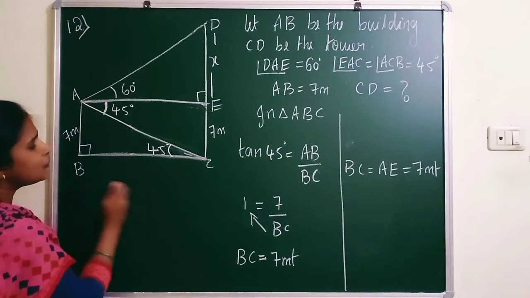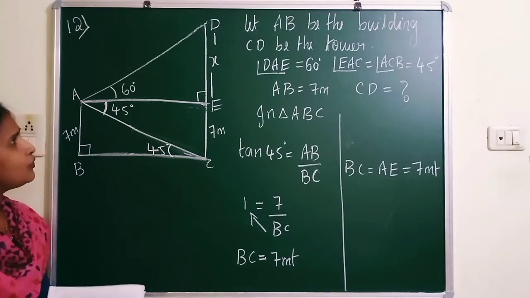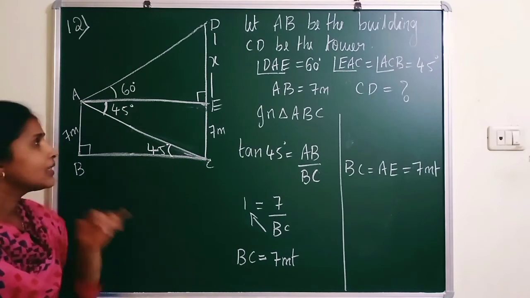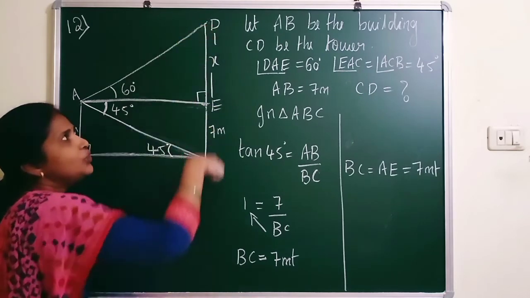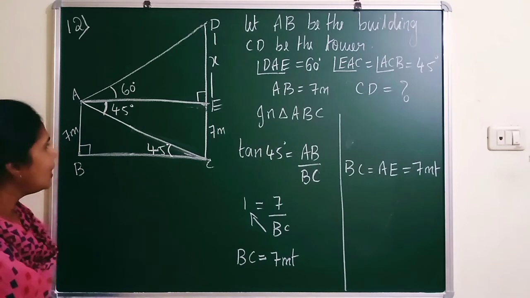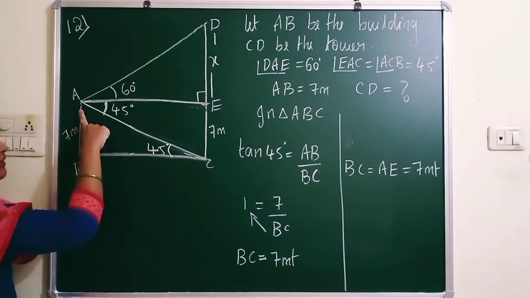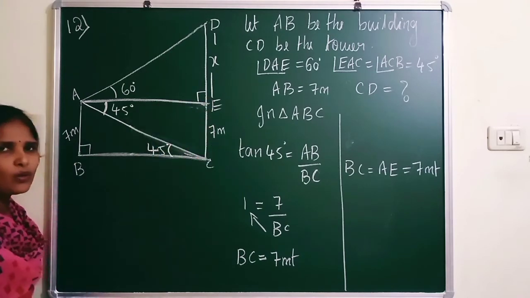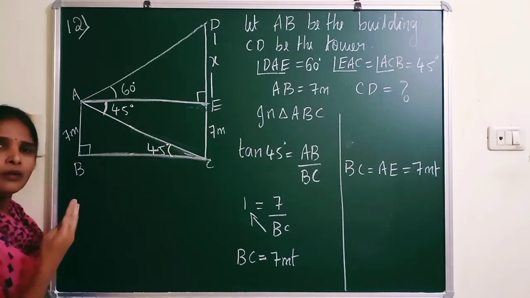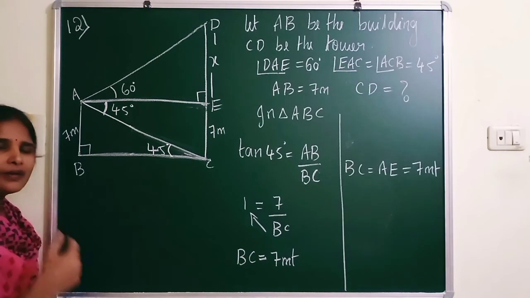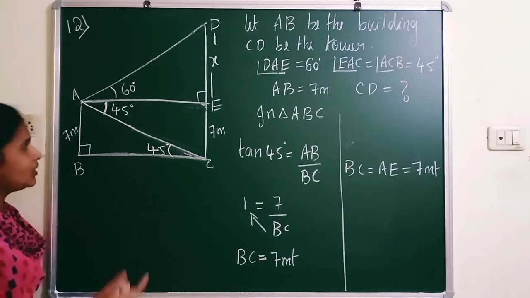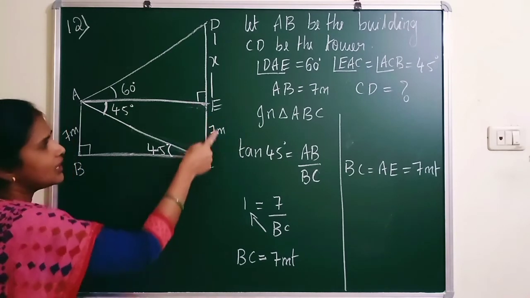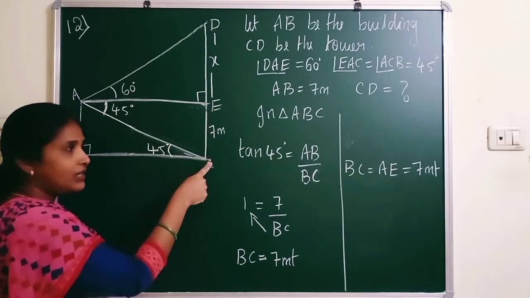Now what we actually need to find here is the height of the cable tower. Where is the cable tower here? The cable tower is CD. So we need to find the full height of the tower. But if this is 7 meter, by looking, it looks like a rectangle. It may be a square also, but at present it looks like a rectangle. You know that in a rectangle opposite sides are equal. So if this is 7 meter, the opposite side is also 7 meter. So let me take EC is also 7 meter.